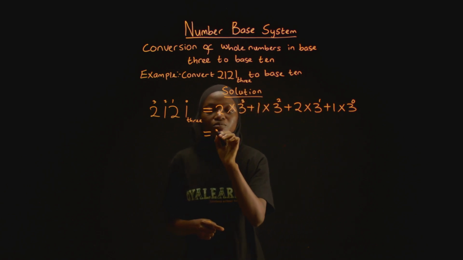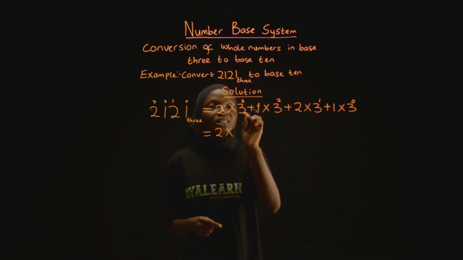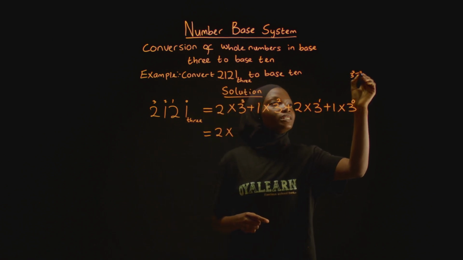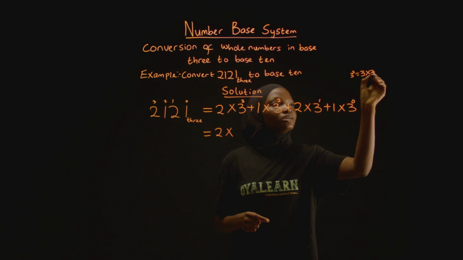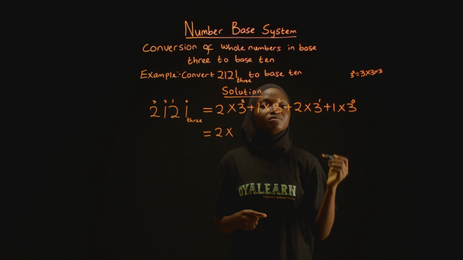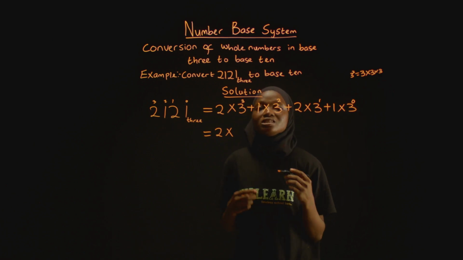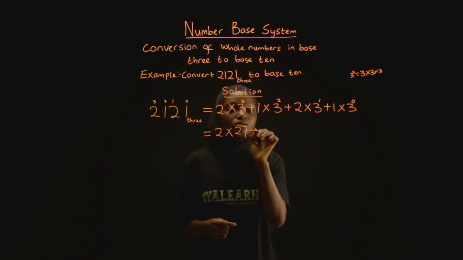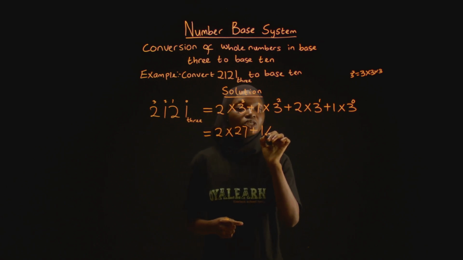equal to, we have 2 multiplied by 3 raised to the power of 3. That means we are multiplying 3 times 3 times 3. 1, 2, 3, 3 times. So 3 times 3, you have 9. 9 times 3, we have 27. So that means 3 raised to the power of 3 gives us 27, plus 1 multiplied by 3 raised to